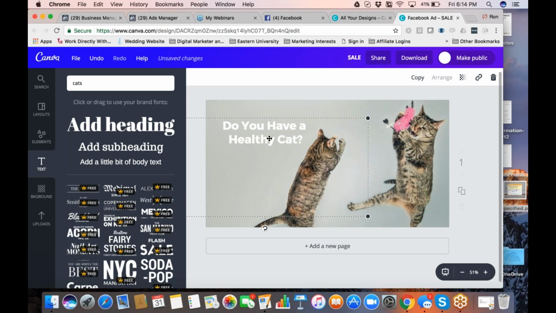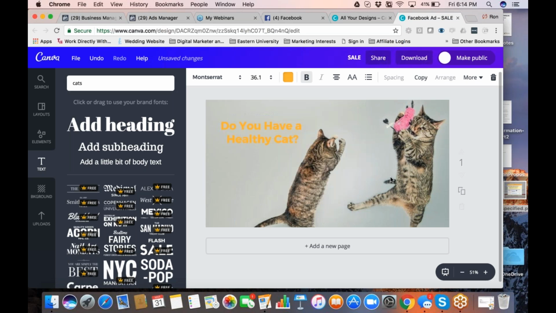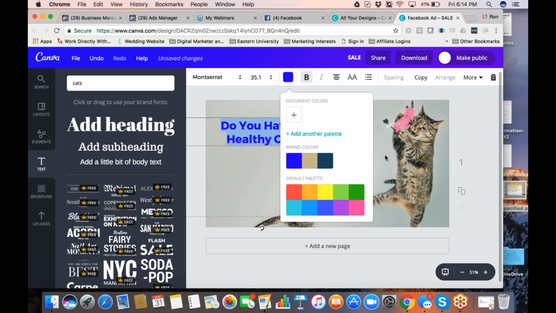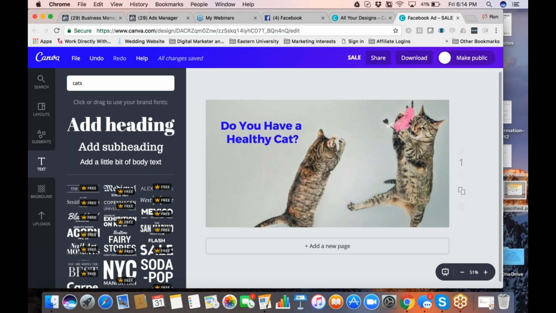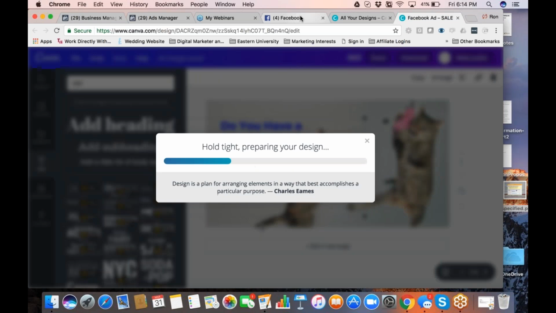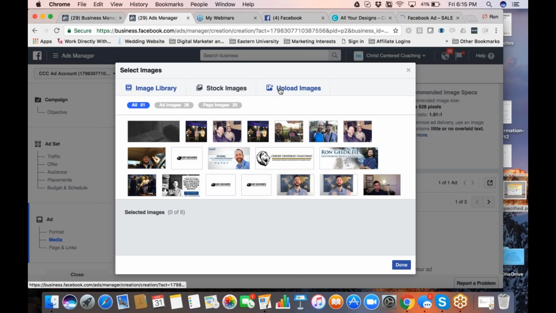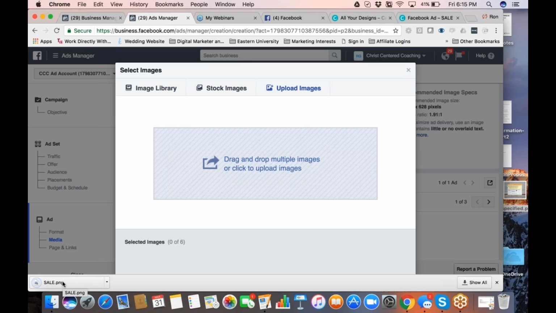There we go. Actually, I want to change the color here to make it something that really pops, will grab people's attention here. So something that's opposite. So let's do like a blue here. Why not? Okay. So then I'm going to click download. And while that's downloading, let's go back over here to the ads manager, and I can just click here, upload an image. And as soon as my image downloads from Canva, I just drop it in over here,